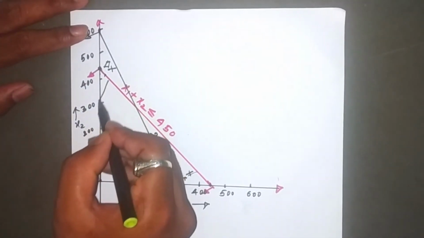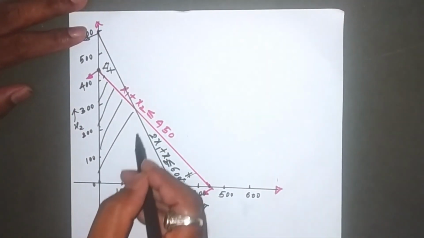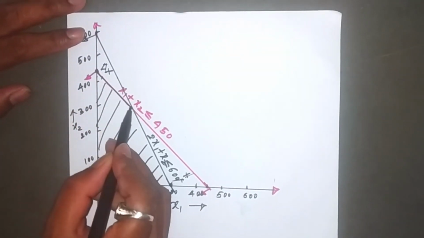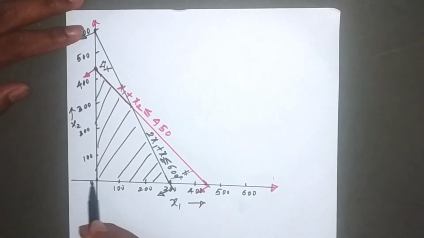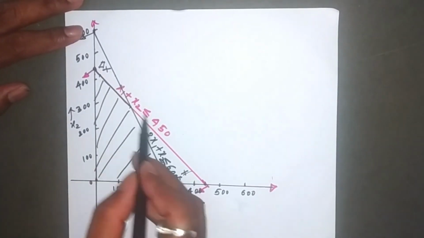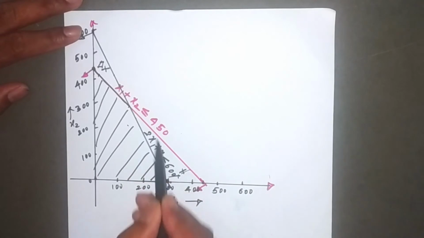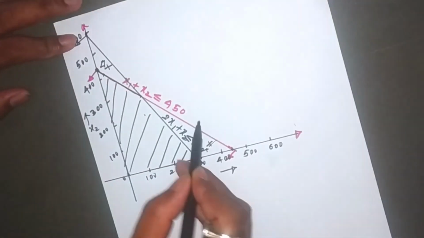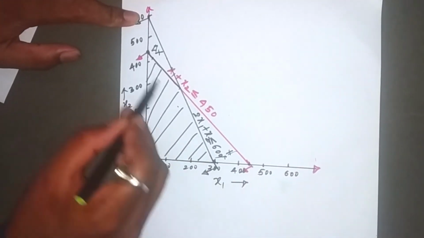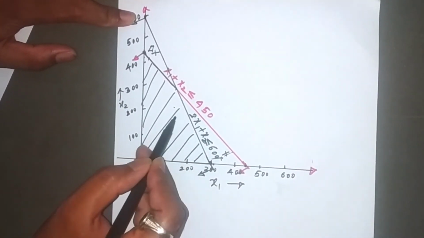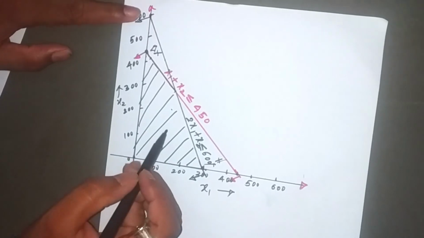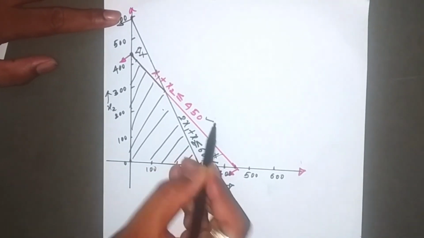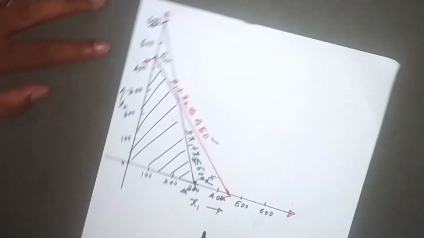So if I select this as my feasible region, now we'll cross verify it again. The region I have selected is this one. This region will come below this line. Here we have less than, meaning the region is below this, yes, it is satisfying it. And one more line we have: this region is coming below this, equal to this or below this. So the region I have selected is satisfying this condition and this condition also. So this is my feasible region.